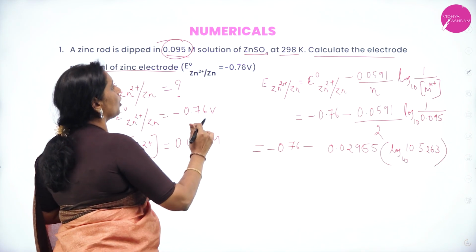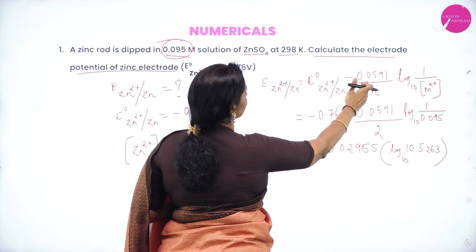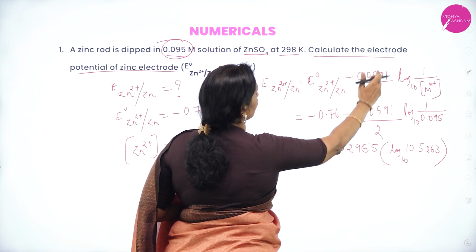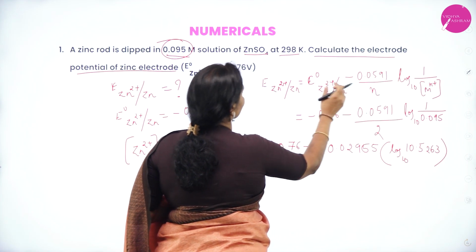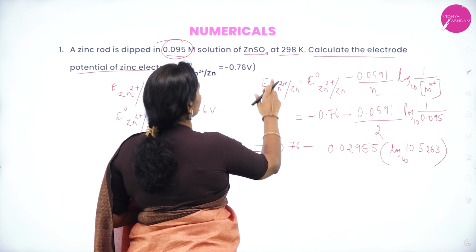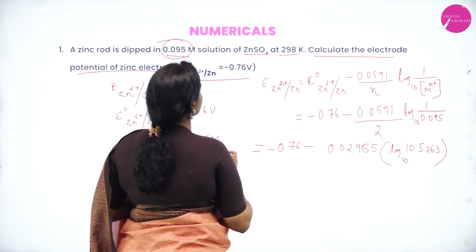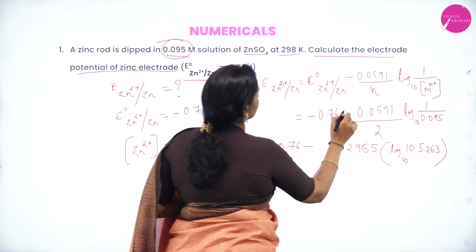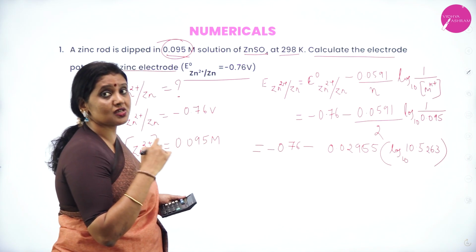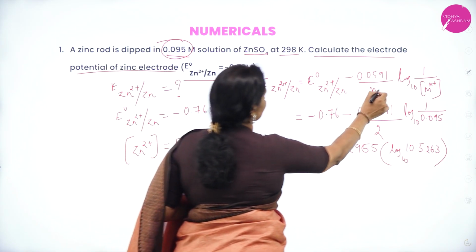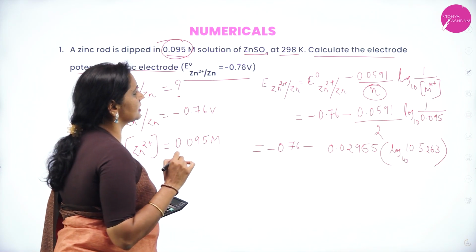10.5263. Okay. So, the Nernst equation is given by E is equal to E naught minus 0.0591 divided by n, log of 1 by molar concentration of metal ion to the base 10. Here the electrode is zinc electrode. We have to calculate its electrode potential, whose standard electrode potential is minus 0.76 minus 0.0591. During this reaction, 2 moles of electrons are lost. Therefore, in the place of n, you put 2, log of 1 by the molar concentration of zinc sulfate or zinc ion,